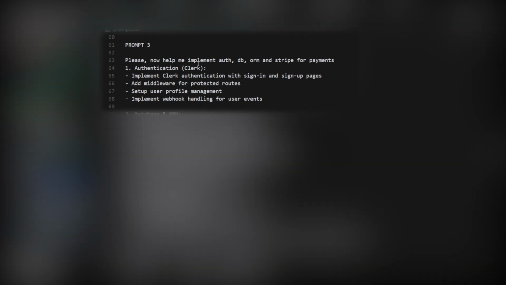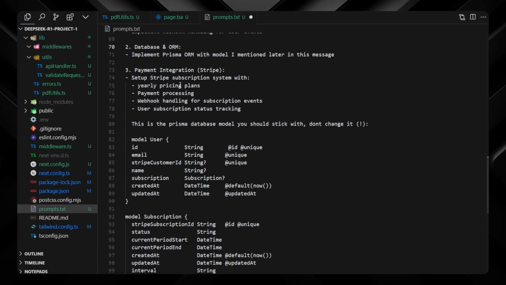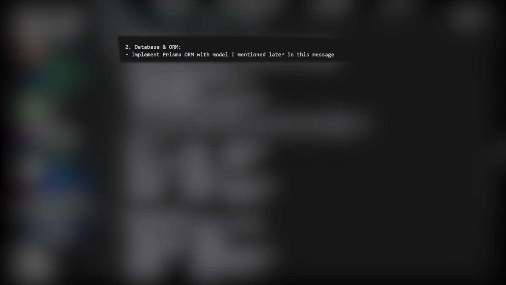and now it's time for the third prompt. I will put there, please now help me implement DB, ORM and Stripe for payments. For authentication, we will implement Clerk authentication with sign-in and sign-up pages. We will add middleware for protected routes, set up user profile management, and also implement webhook handling for user events. For database and ORM, implement Prisma ORM with the model